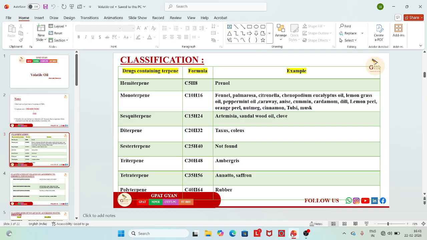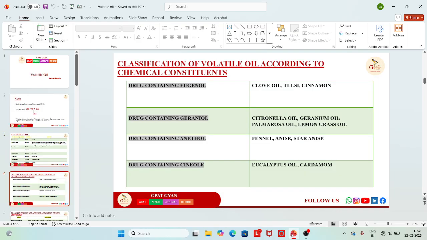So examples are very important. I hope you can remember the examples well because we have already covered these things in great detail, and all these drugs that are written here are already covered in the different classes of drugs. Like we have covered the monoterpene separately, we have covered the diterpene separately. In those portions, we have covered these drugs in detail with their microscopy, chemical constituents, applications, uses, biological names, synonyms and all. So I hope you know it better now.